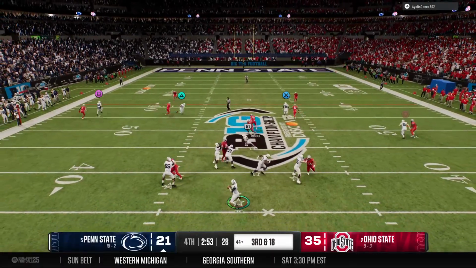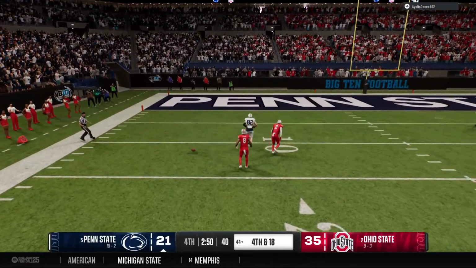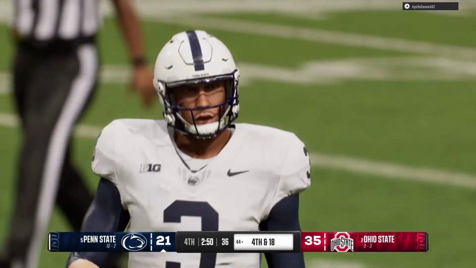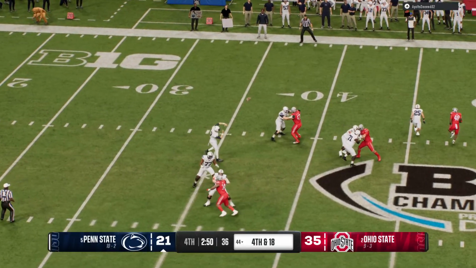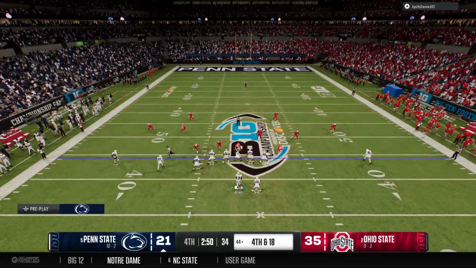Now in 3rd and very long, looking to throw. Going for a big play downfield. And it's incomplete. They let it fly on 3rd down, but now it brings up 4th. Well, that's not what you want to see as an offense when you're trailing late in a football game. An incompletion on 3rd down and long.